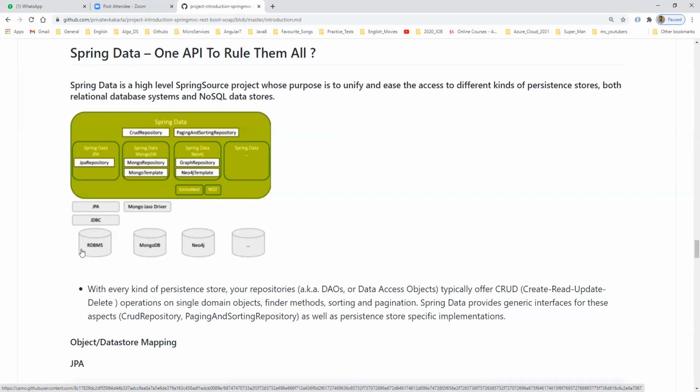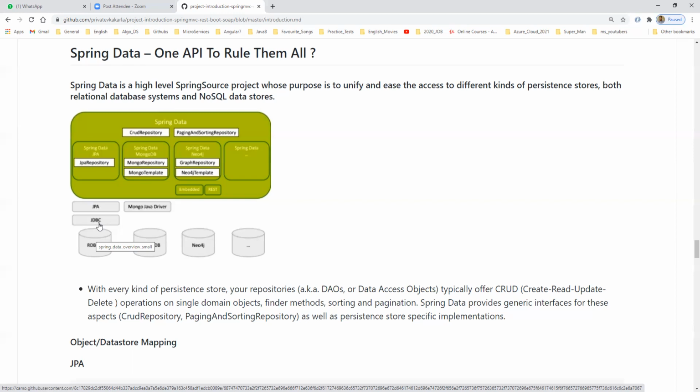So coming to RDBMS. Earlier, what we did was Java database connectivity, JDBC. We connect to a database and open the connection using the connection object, and after that the statement, and after that the prepared statement.